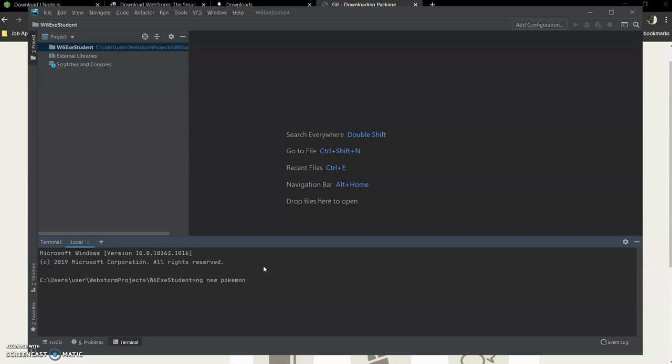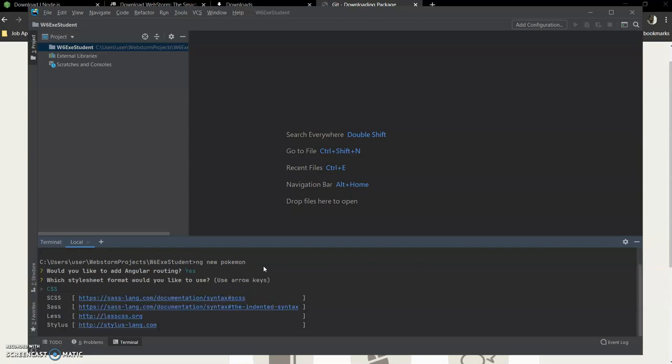We'll hit that. Once you do that, it will ask you a few questions, like would you like to add Angular routing? You just type Y, press enter, and select SCSS.